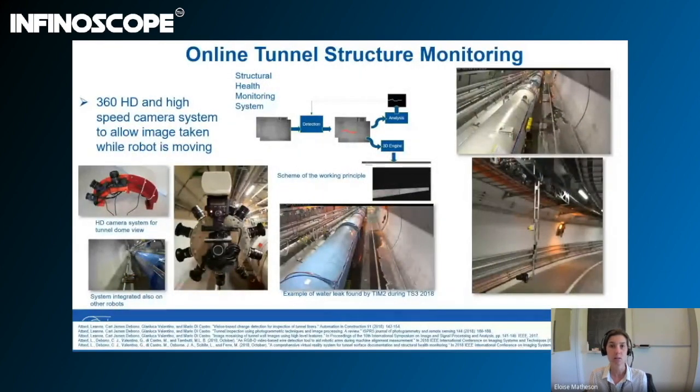There's other reasons we need robots in tunnels. For instance, often we need to understand the structural integrity of the tunnels themselves. Perhaps there's a small water leak or there's some cracks, and we'd like to monitor how those cracks are developing so that if needed, civil engineers can go in and fix up that part of the tunnel. So for this, we're exploring new camera systems. Again, a lot of machine learning behind the automatic detection of cracks and classification